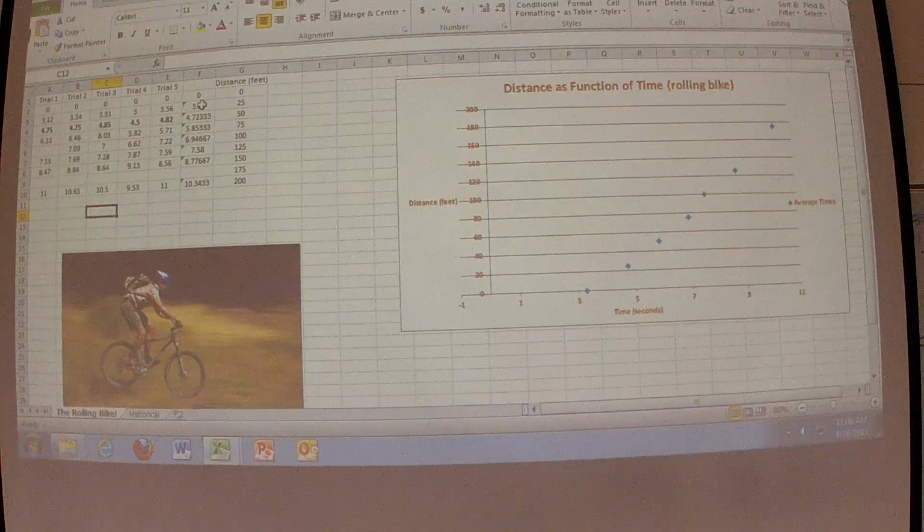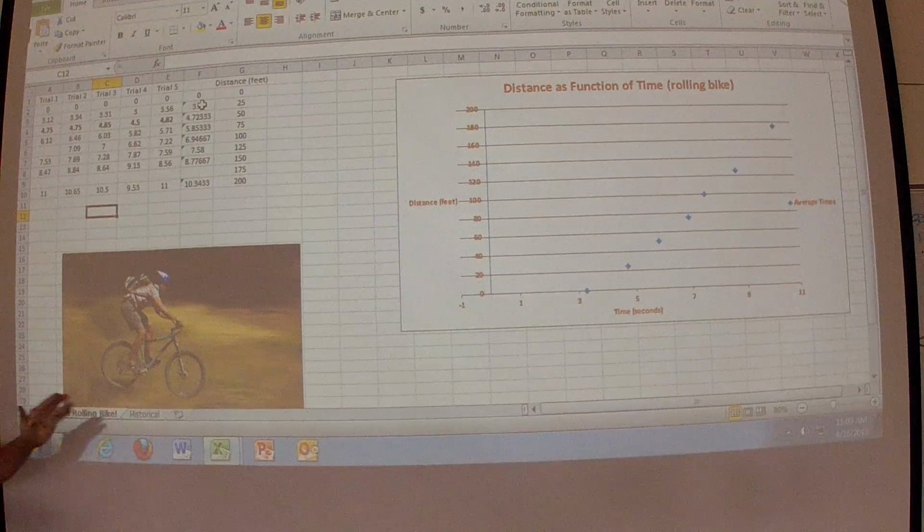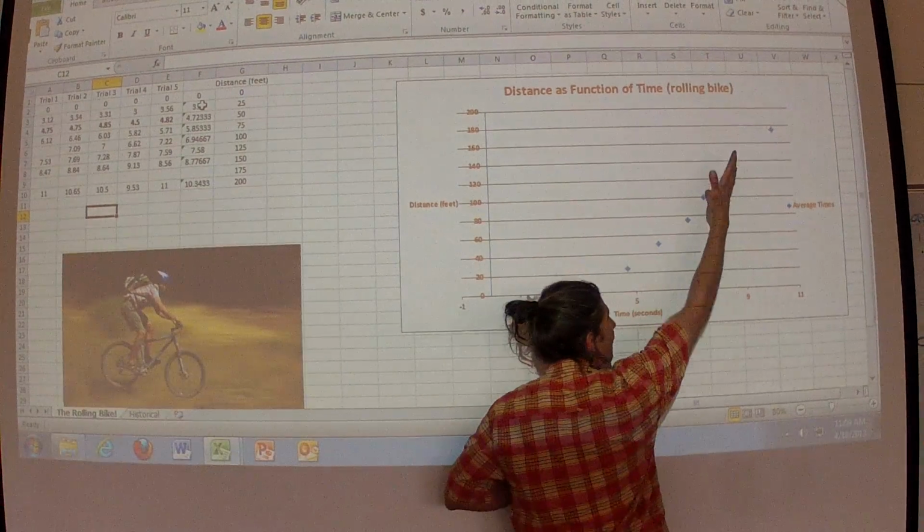So if I had to pick one of the two models to use at this point, I would pick quadratic. Now the reason we're picking quadratic might, have any of you ever taken a physics class, GS 105? You actually study this in that class. When you drop anything on Earth, it accelerates due to gravity. When I roll my bike down that hill, it accelerates due to gravity. And the acceleration is quadratic. I knew this was going to happen before I started. It was kind of dumb luck that it worked so nicely every time. But I knew this was going to be curving upward as it went.